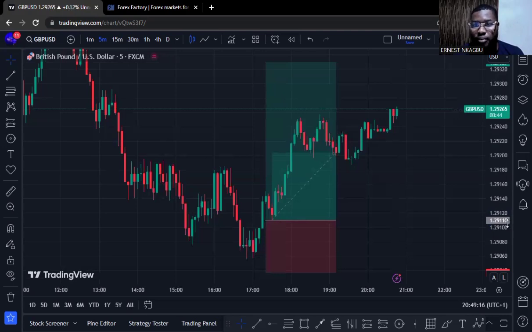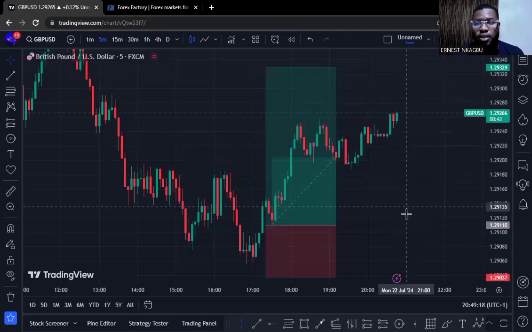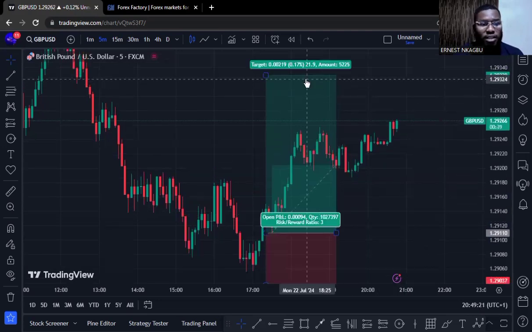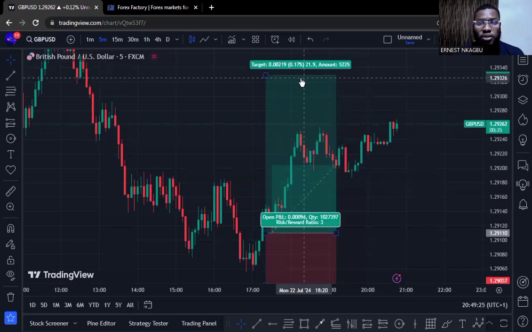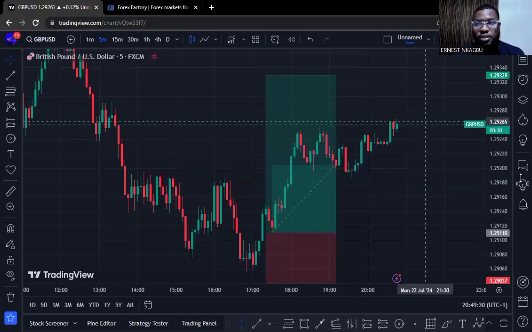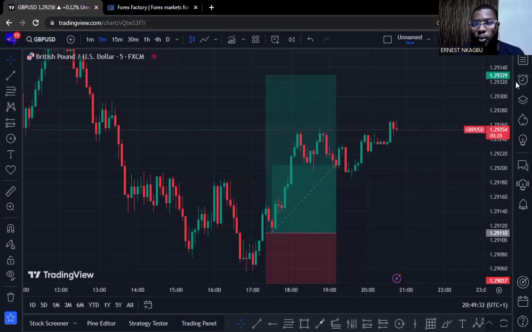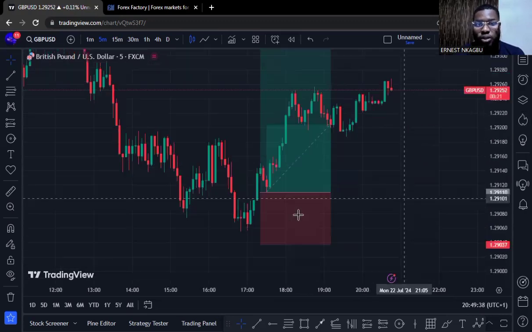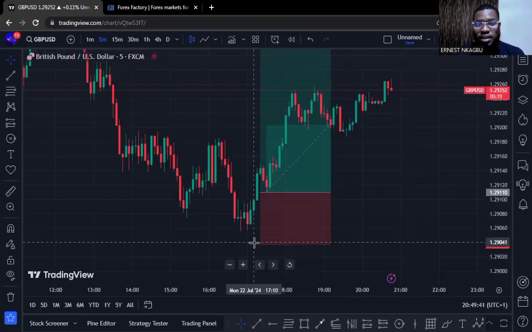1.29110 is our entering point. So I'm targeting to take my profits here. I'm going to still talk about profit, stop loss and take profits. So I'm just giving you a scenario. So I'm going to take my profits here. Whenever the market hits here, I'm taking my profits. So here we are seeing 1.29329. Do you see it? And here is my stop loss. Whenever the market actually hits here, it takes me off from the market. And what is here is